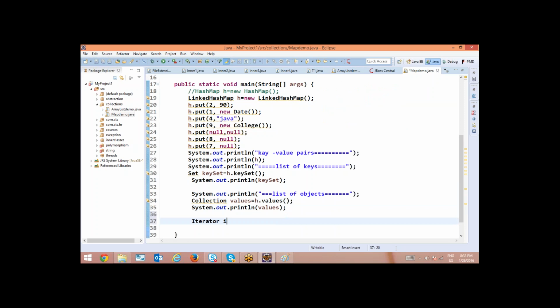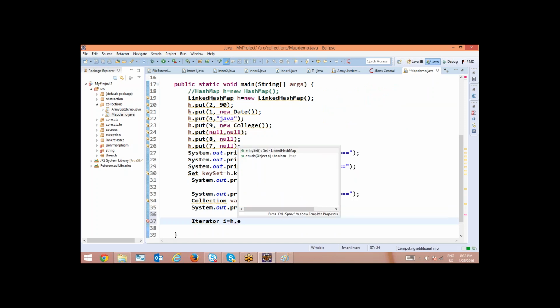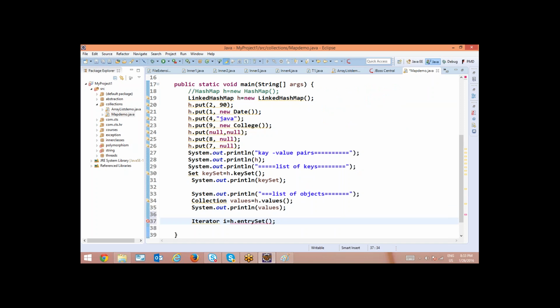Iterator i equal to, in yesterday's session we have seen the iterator interface. H dot entrySet is a method. Entry set will give you all the entries. Here you make it key value sets, KV.